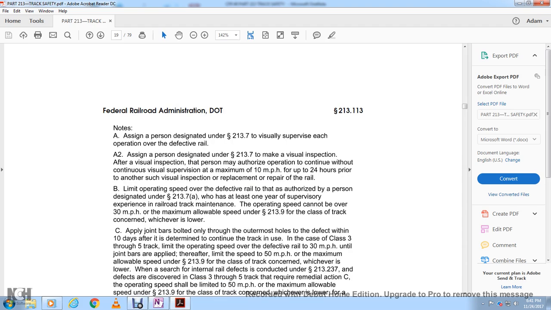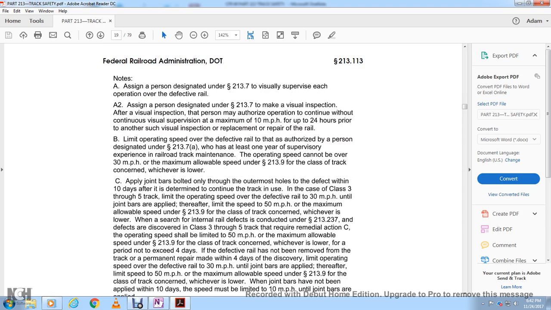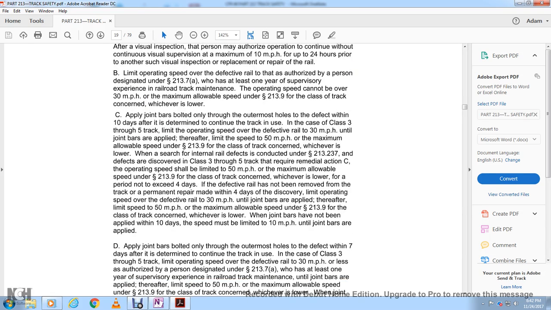B. Limit the speed over the defective rail by order, by an authorized person designated under 213.7A with at least 1 year of supervisory experience in railroad track maintenance. Operating speed cannot be over 30 miles an hour or the maximum allowable speed under 213.9 for the class of track concerned, whichever is lower. C. Apply joint bars bolted only through the outermost holes to the defect within